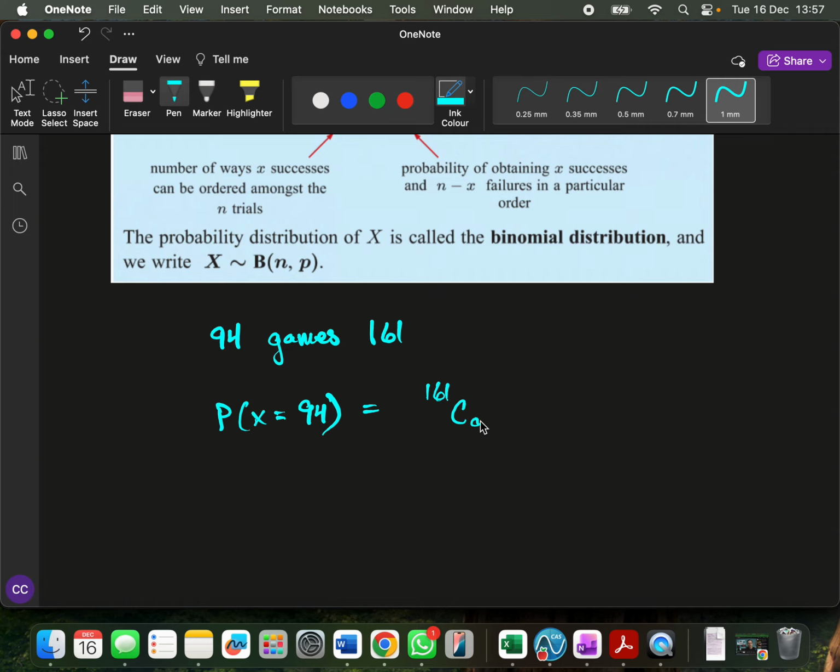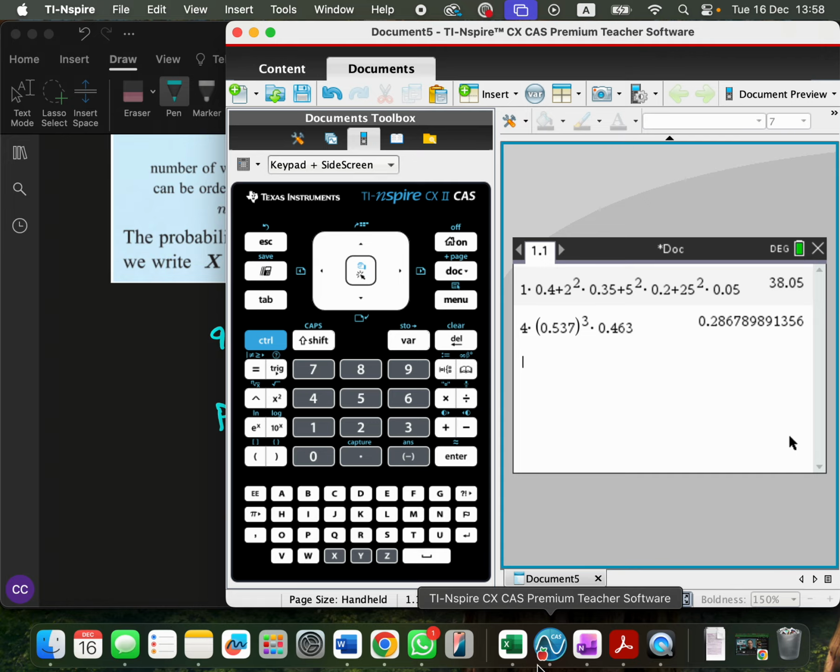So that would be 161 choose 94, 0.537 to the 94th, and 0.463 to the 161 minus 94. I'm not going to do this by hand. I am lazy enough. So nCr 161, 94, and I'm going to multiply that by